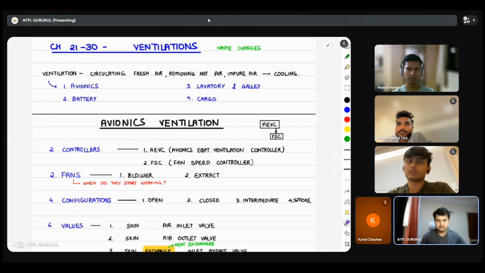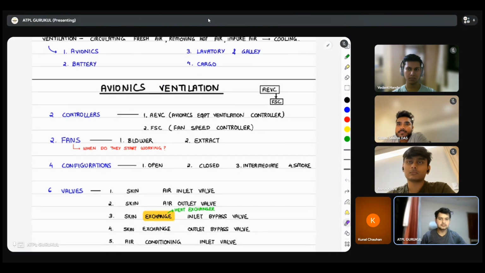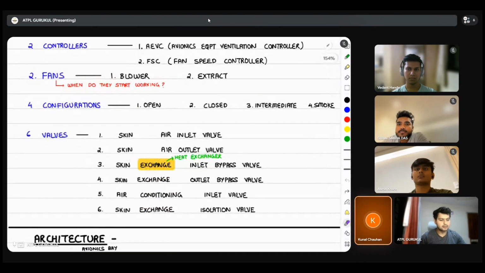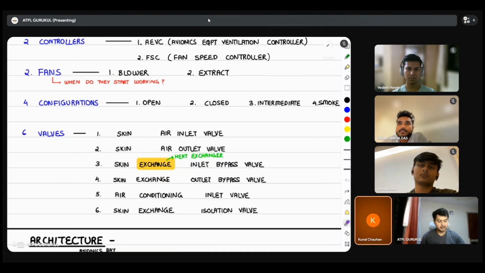कुणाल, आर यू देयर? हाँ भाई, वो इंटरनेट का बहुत इशू है यहाँ पे, तो मैं वीडियो ऑफ ही रख रहा हूँ। बार बार बंद हो रहा है वो। ओके, नाउ